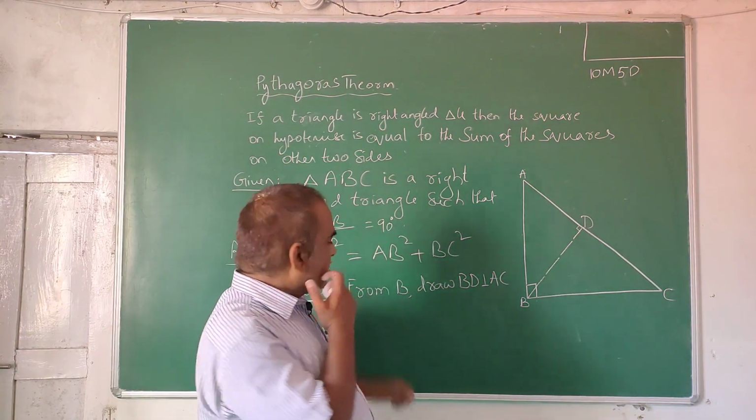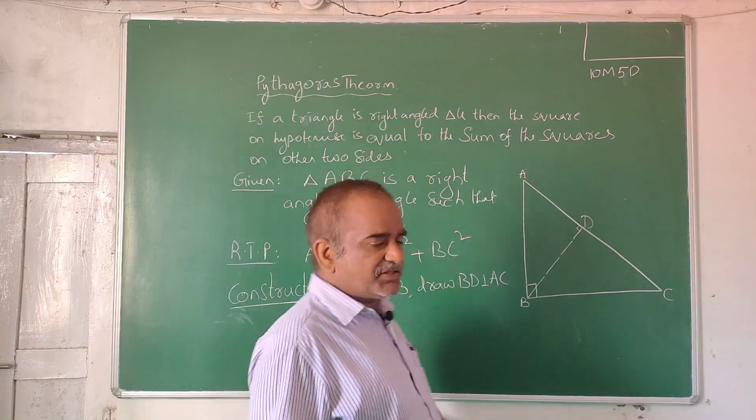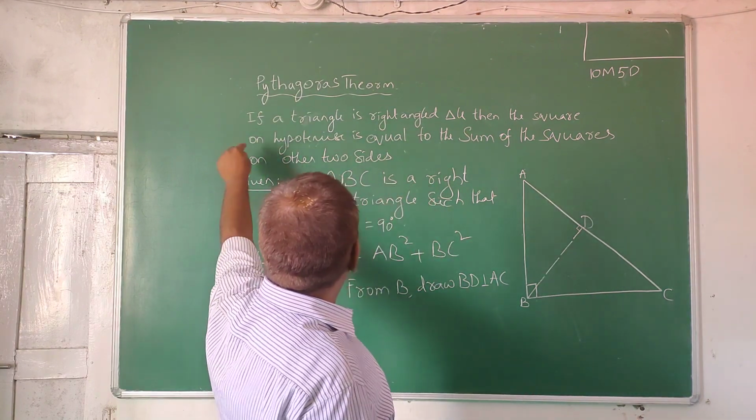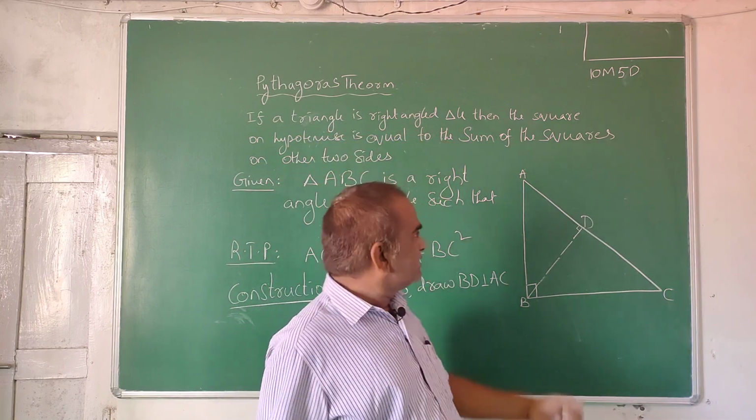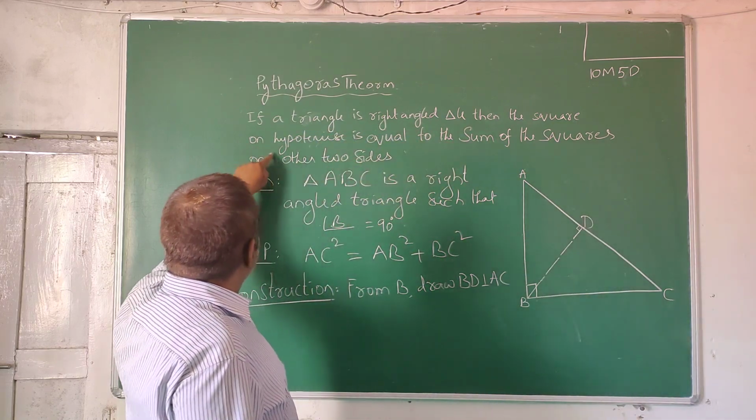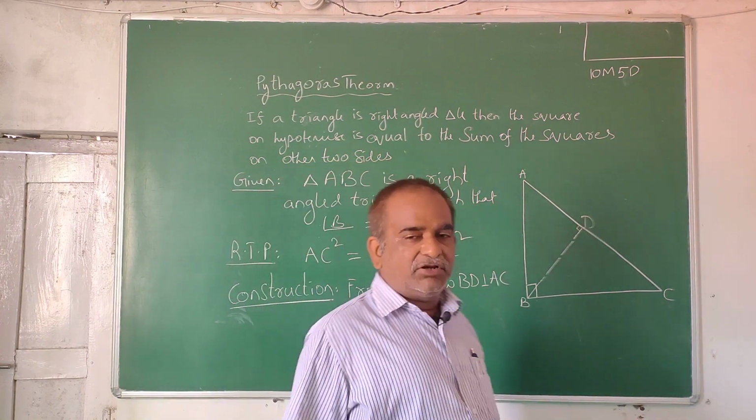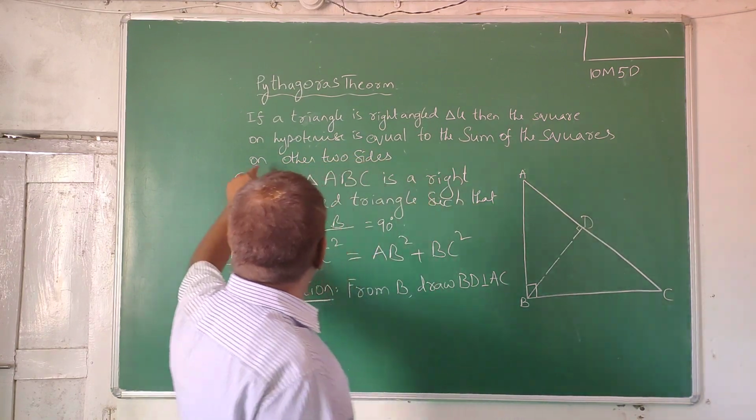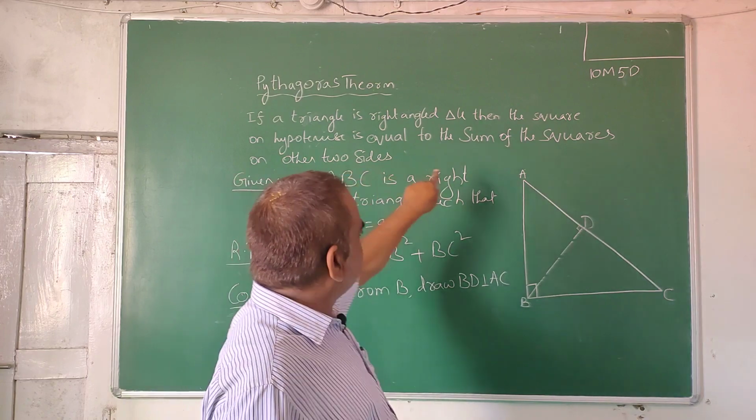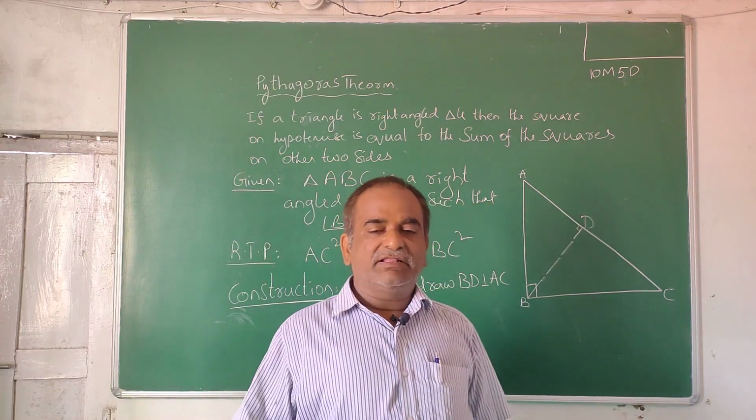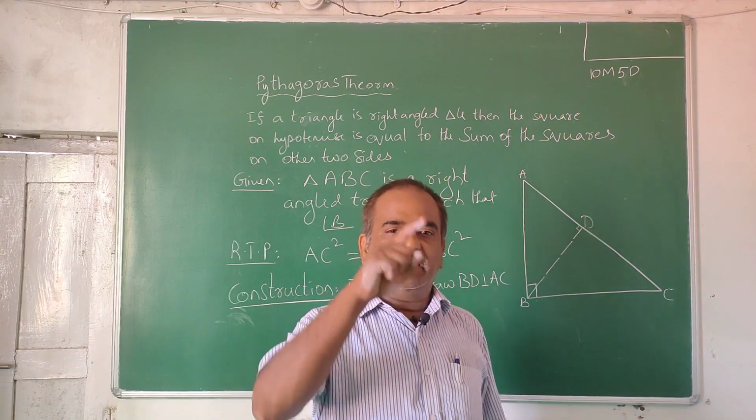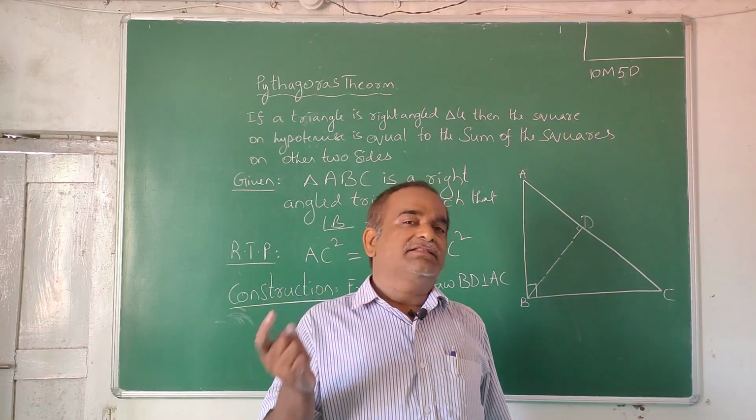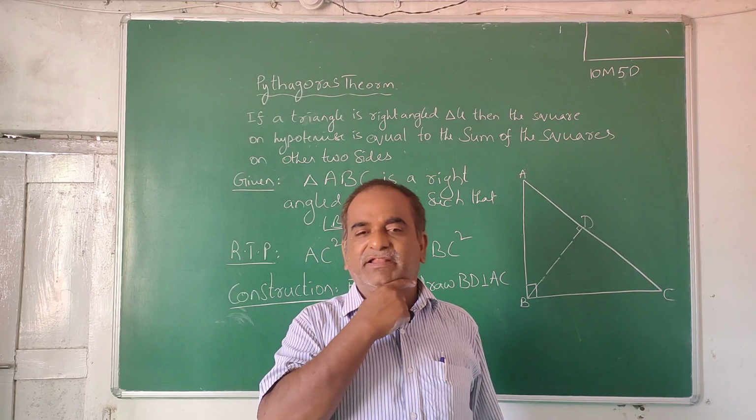Dear students, now we are discussing Pythagoras theorem. The statement is, if a triangle is a right angle triangle, then the square on the hypotenuse is equal to the sum of the squares on the other two sides. So what this theorem is saying, if you take a right angled triangle, then the square on the hypotenuse, what is